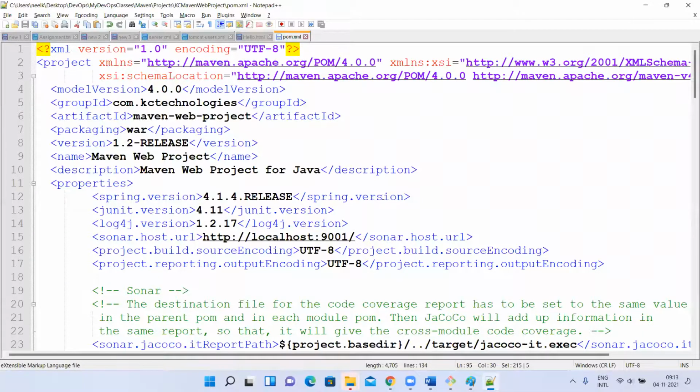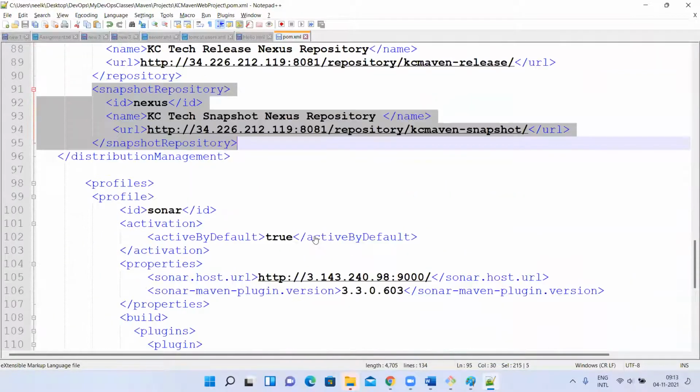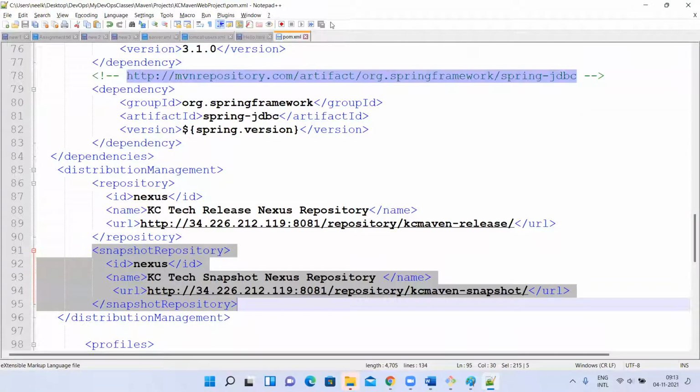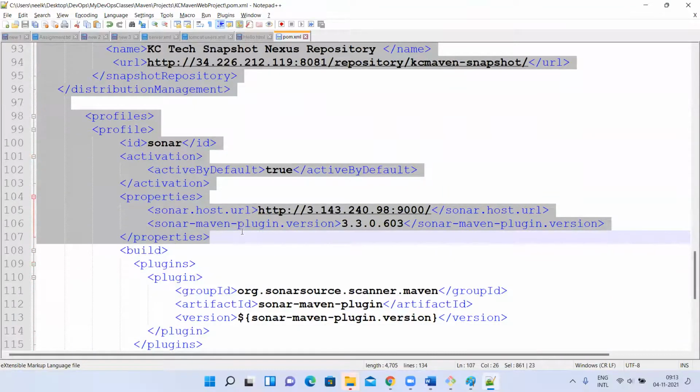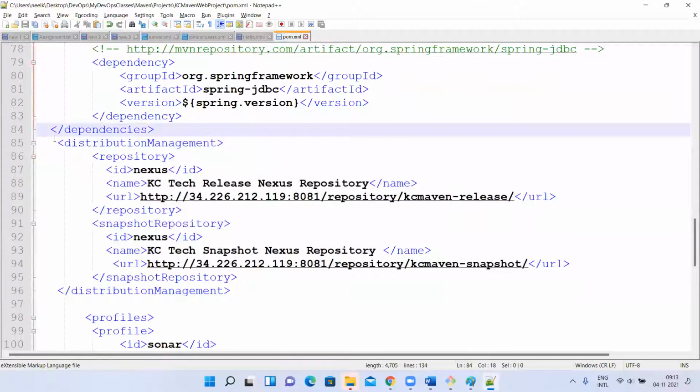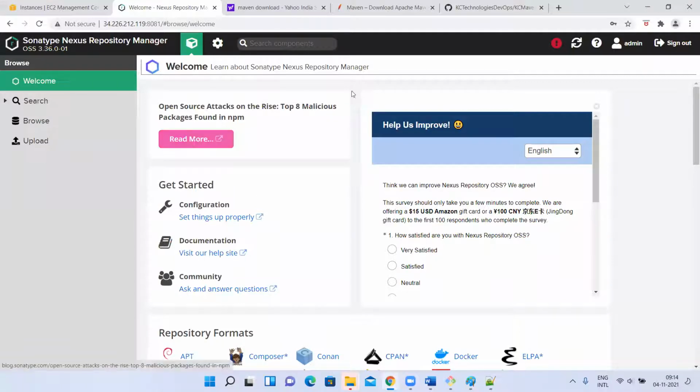See here, you have given the distribution management. Maven has to connect to these repositories whenever we execute the mvn deploy goal and upload a backup there. But who is your Maven to go and upload there? If I want to log in to my Nexus repository, I have to log in using username and password. But if your Maven is trying to upload, who are you? So we have to authenticate.